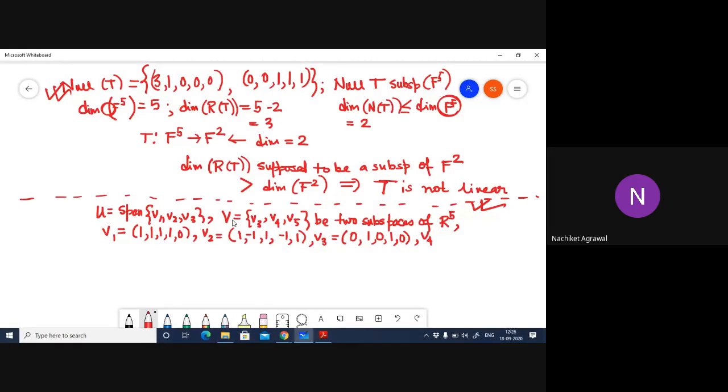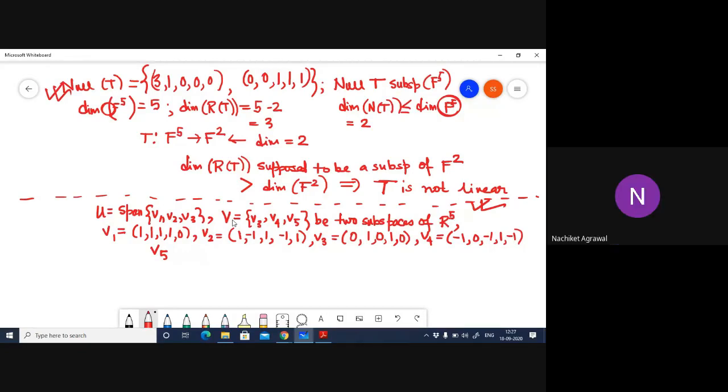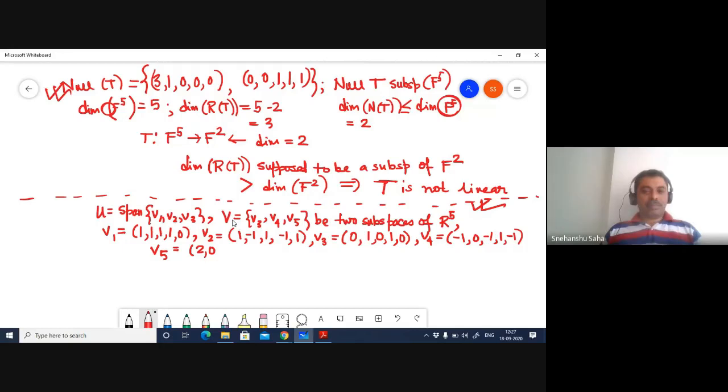But since we also know that any vector in the range must also be in the codomain, that same vector V, which we got from applying a transformation, which is of dimension 3, is also of dimension 2. So I fail to understand how 3 can be equal to 2. When did I say 3 is equal to 2? So exactly my point, sir. I didn't say 3 equals 2. I never said that.